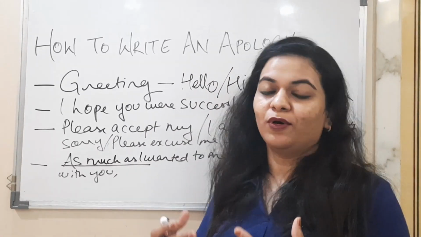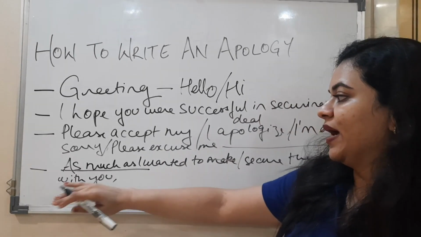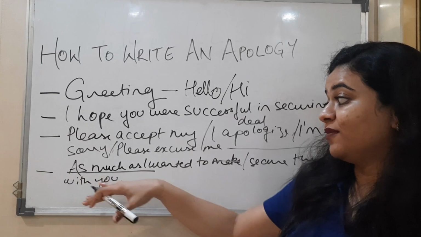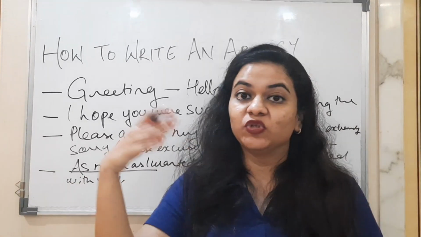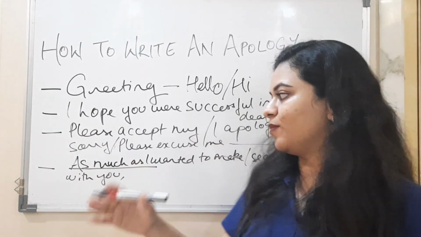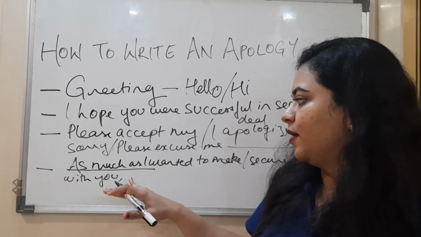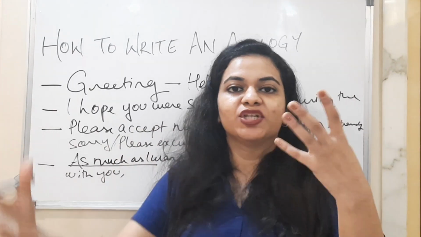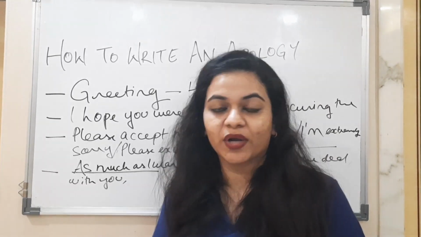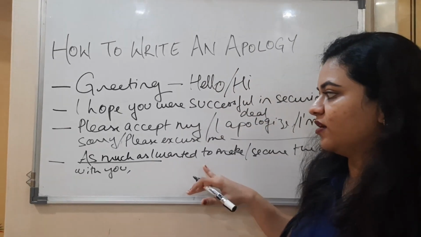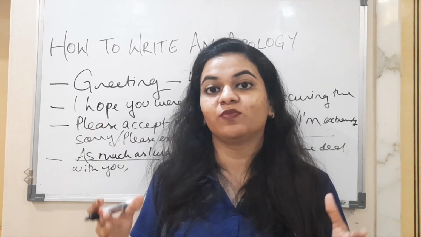I want my apology to be a mix of different types of sentences. So I would like to say, as much as I wanted to secure the deal with you, so since you are going to be present with your senior or your boss, you will say that you wanted to be with them, but owing to an emergency or any reason that you feel is valid in your case, could be stated over here. You want your excuse to not be exaggerated and you want to be to the point.